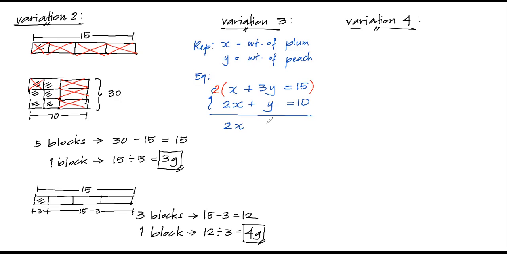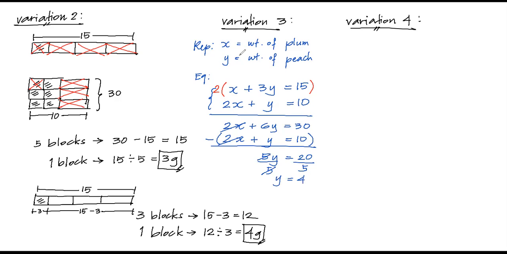2x plus 3, it's not 3, but it is 6y is equal to 30. This will become 2x plus y is equal to 10. So we will be able to eliminate right now. So cancel. So what will happen there? It will become 5y is equal to 20. Divide both sides by 5 and the result for y is equal to 4.